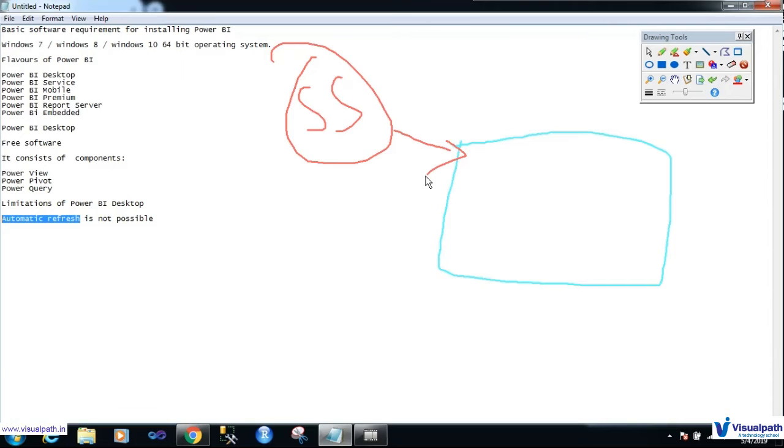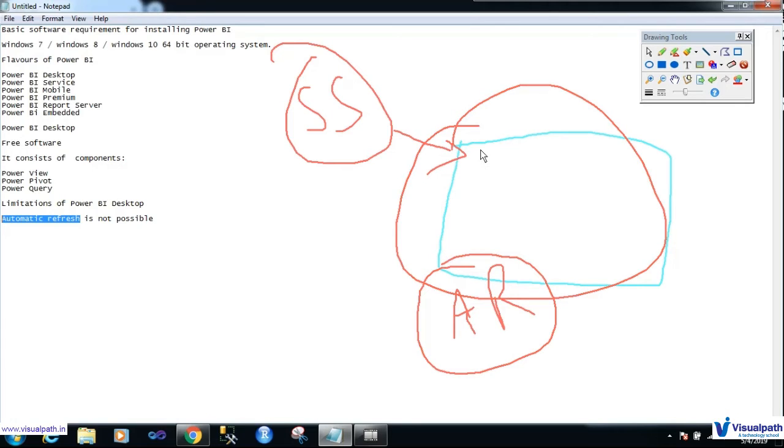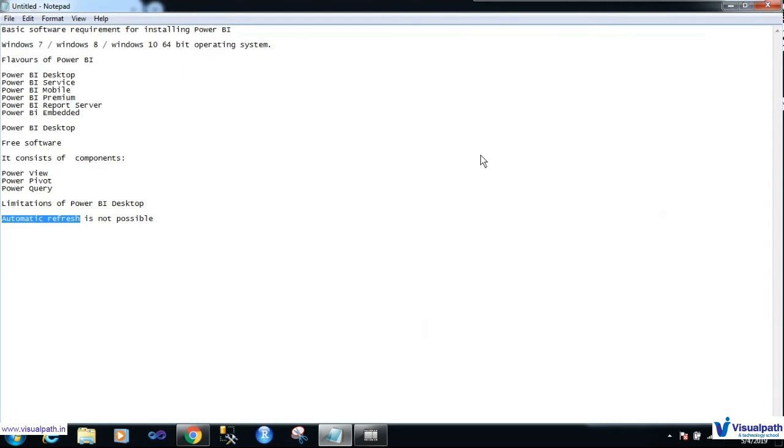Instead, you can set that dataset for automatic refresh. Automatic refresh means it will refresh the data automatically and append the new records into the existing report, so the report stays up to date as per the data. Got it? So automatic refresh is not possible in Power BI desktop.